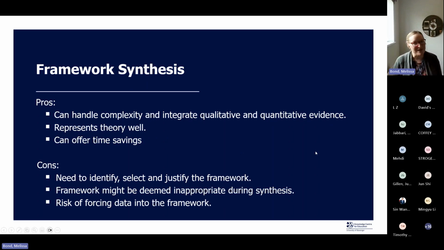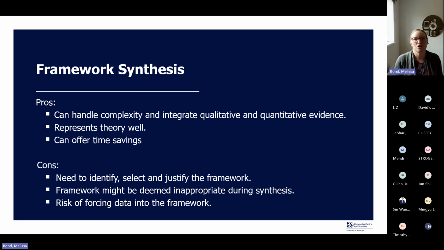However, you do need to make sure that the framework you choose is explicitly justified and that it's appropriate to the work that you're doing and to the research questions that you're trying to answer. Sometimes you might start off with one particular framework and then get to your synthesis work, your coding, your data extraction, your synthesis, and actually find, oh, this framework isn't very useful for how I'm wanting to answer my research questions. It doesn't match the data that I have.